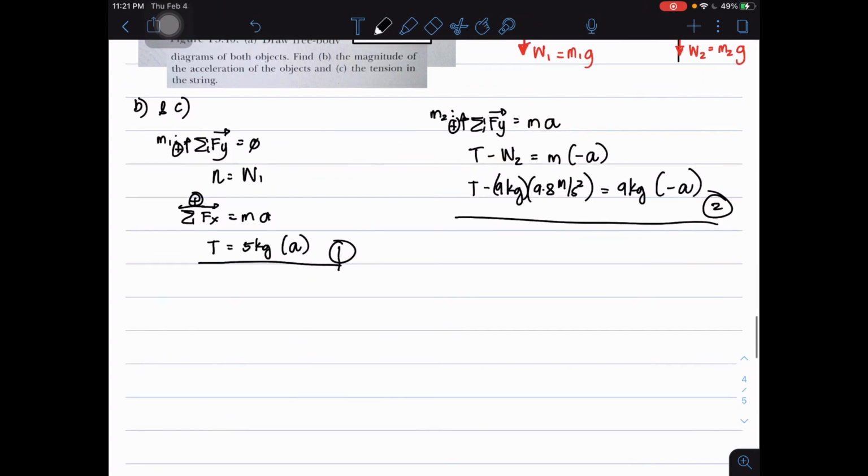Okay, so let's do it manually. We substitute equation 1 into equation 2. So we have 5 kilograms times A minus 9 kilograms times 9.8, we have 88.2, is equal to 9 kilograms times, that's negative, right? So therefore we have